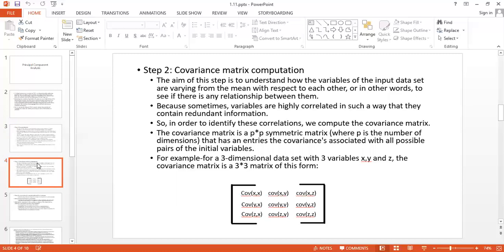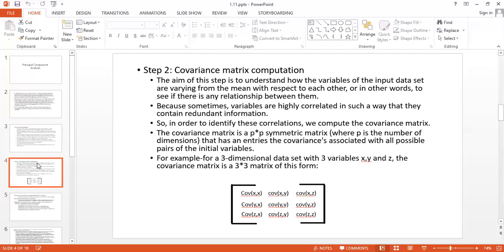So we are having all x values, we are having all y values, and by using those values we have to check the relation between those variables, because there might be some redundant information. And as we are going to reduce the dimension, as we are going to reduce the variables of the data set, we have to check whether the data set contains any redundant information, so that we can remove that, and we will go for ideal data. For that purpose we need to form the covariance matrix.